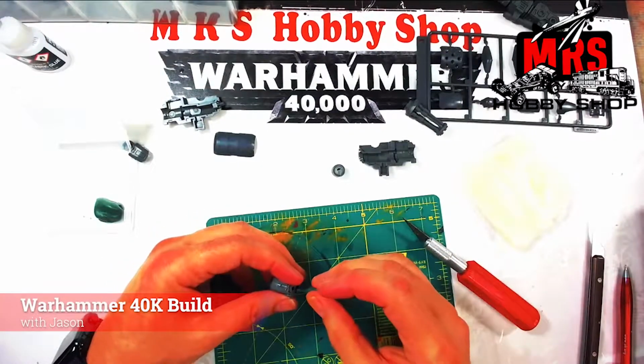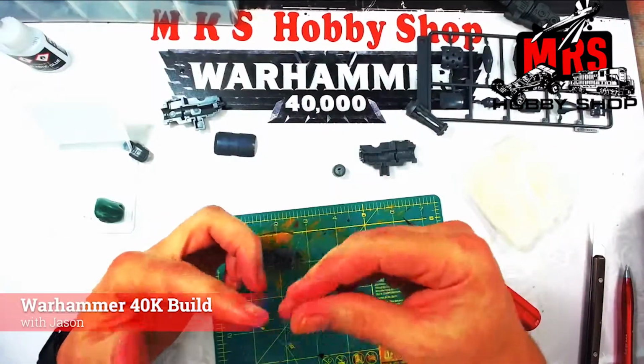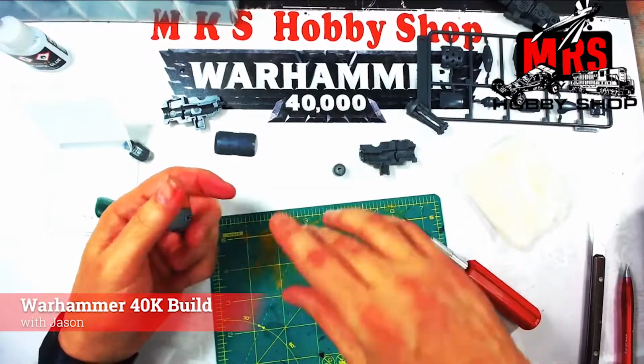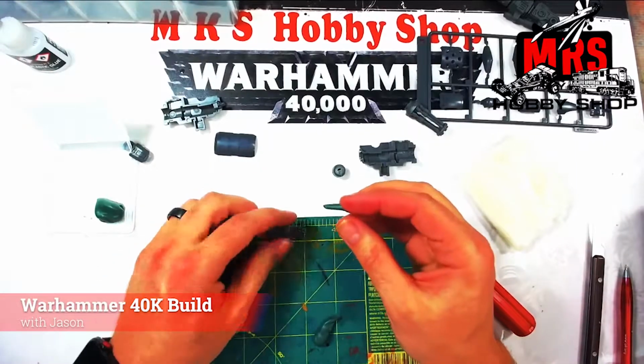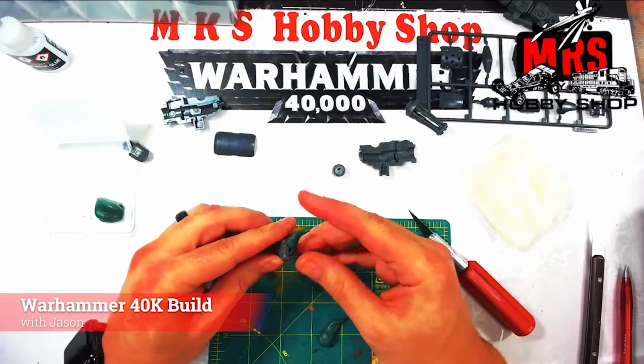Rolling it up tends to be the best way to feed it into areas. So just roll it into like a little snake and then just stuff it down where you want to fill. You get it down there, and then